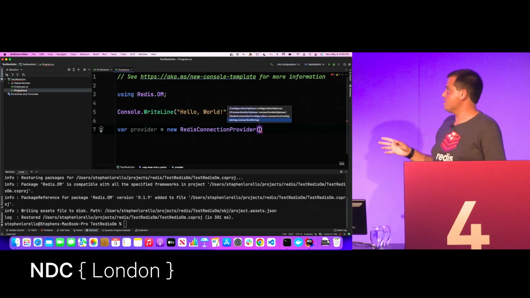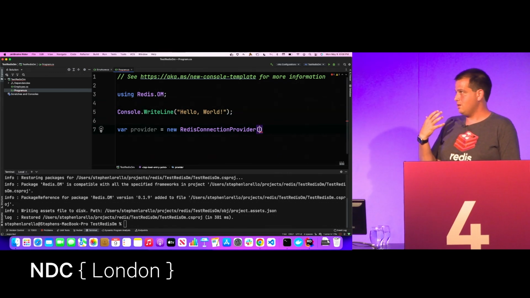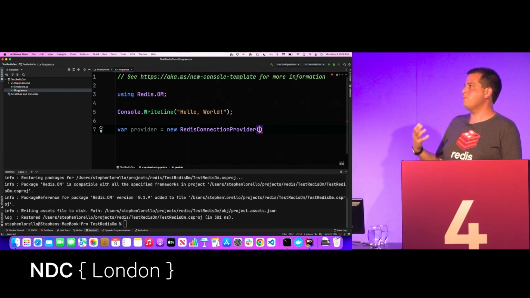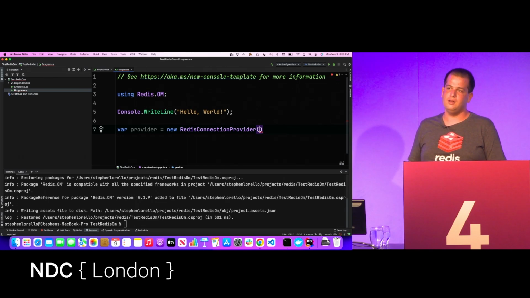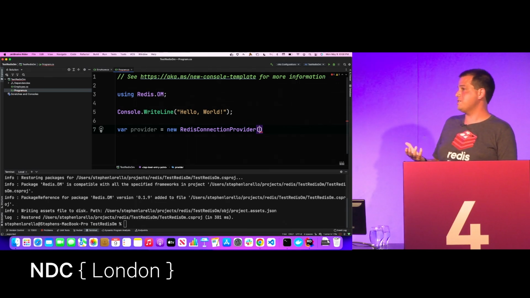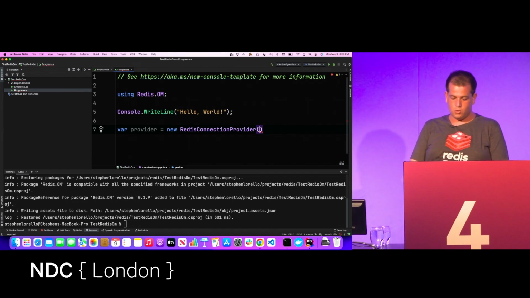And there's two different ways I could really initialize this. I could either initialize this with a connection multiplexer, which is the thing that most people use when they're using Redis, the StackExchange.Redis library. You can either initialize that yourself and pass it in so you can reuse the same one throughout your app, or in this case, I'm just going to pass it a connection string,